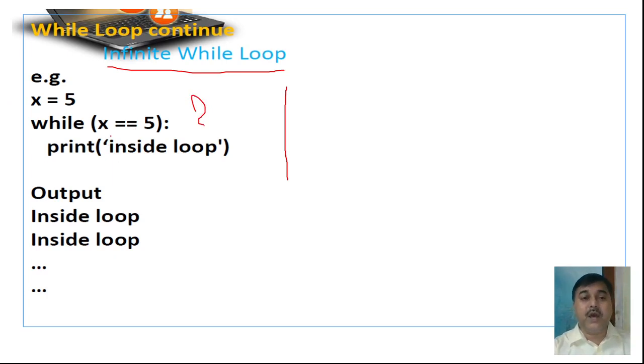It will run the loop again and again, an infinite number of times. Now, if you give a break command outside of it, then you can stop it, isn't it? I have discussed the break command previously, and we can use it. So if you use the break command here, you can stop the loop and continue executing.